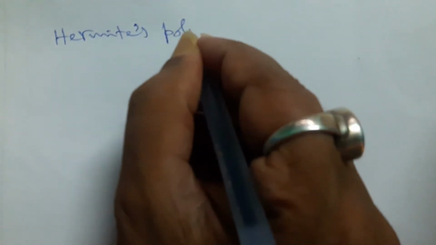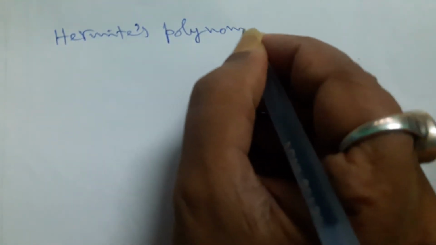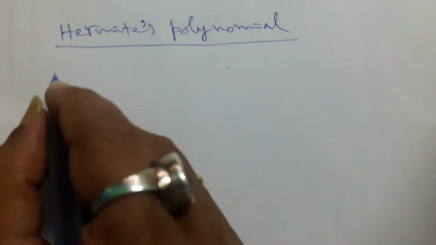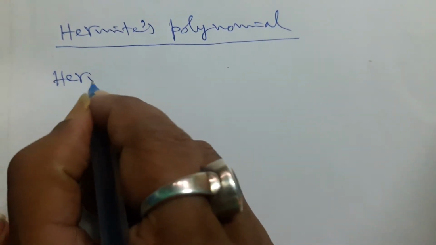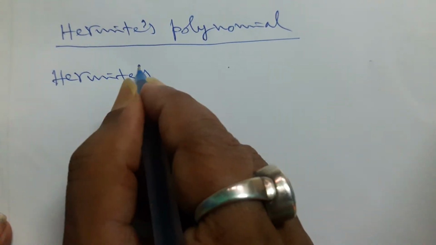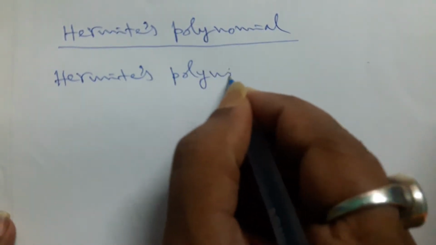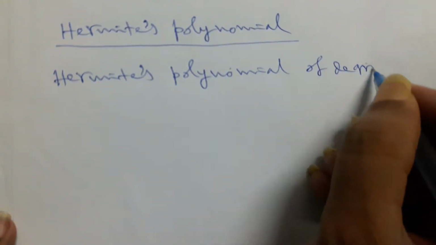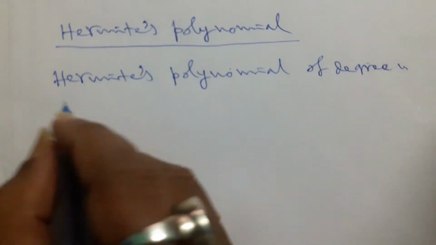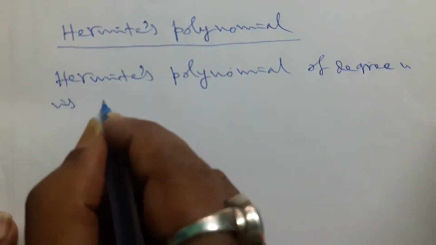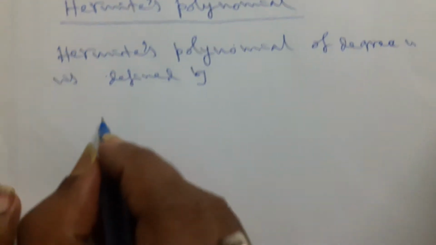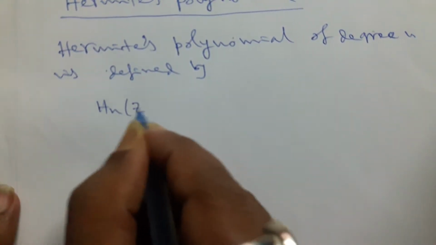Today we discuss Hermite's polynomial. At first we are going to define this. Now the Hermite polynomial of degree n is defined by H_n(z) is equal to